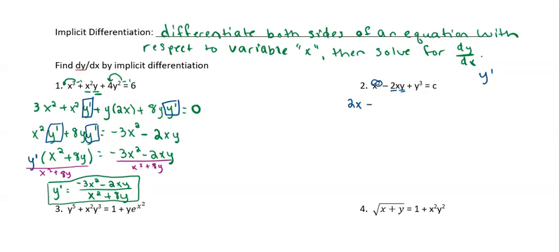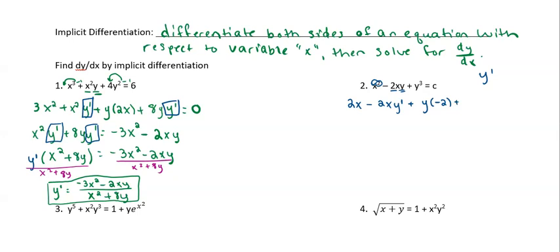We need to do the derivative of 2xy. So the first term is 2x, the second term is y. So the first, 2x, times the derivative of the second, which is y prime, plus the second, which is y, times the derivative of the first. The derivative of negative 2x is just negative 2. Remember, the negative right here goes with that 2x. So we have the first times the derivative of the second, plus the second times the derivative of the first,